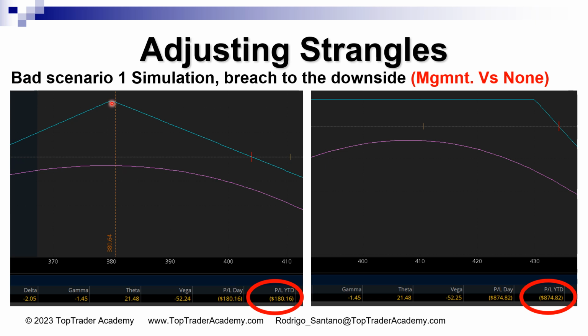And when time goes by, you will make that money because this purple curve is gonna go up to the light blue curve, right? In the other case, you're $874 down, and you don't want to be in that position, right? This is why I'm telling you, you should adjust and you should keep some amount of negative delta,